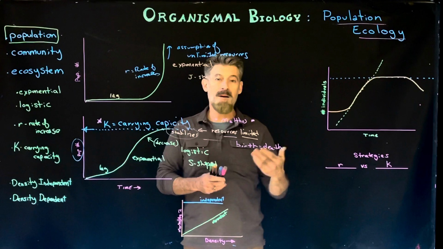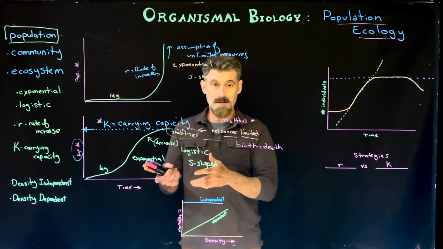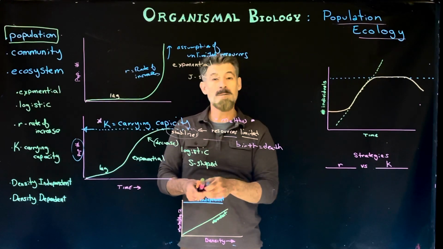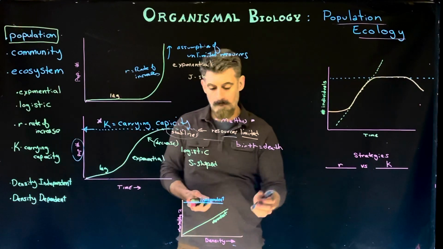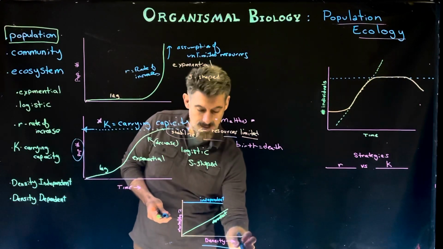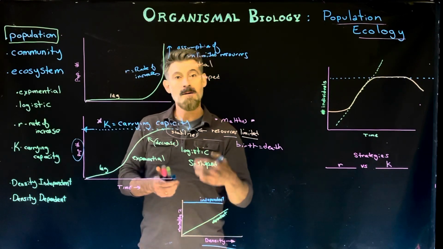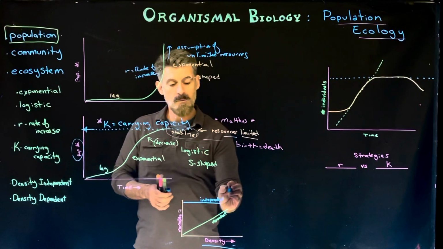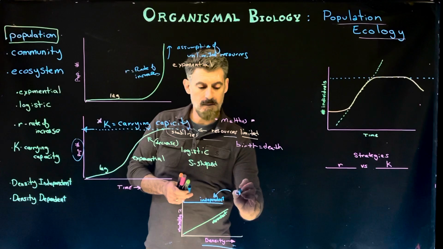And there are some factors that affect the rate of death of individuals in a population, and those things can be independent of density or dependent upon density. So we have density here, say, of a population increasing, and then there are some things that are likely to cause mortality. Independent factors are environmental factors,